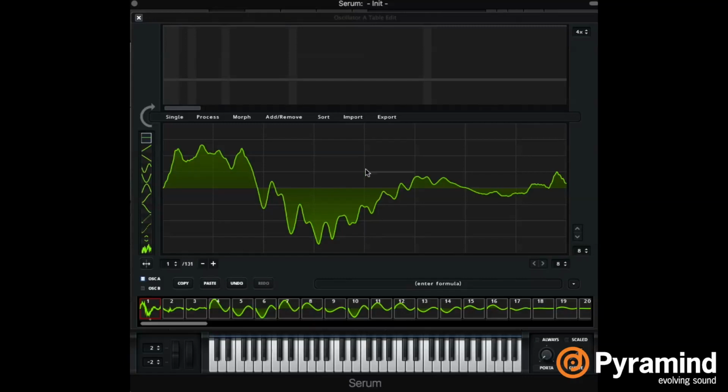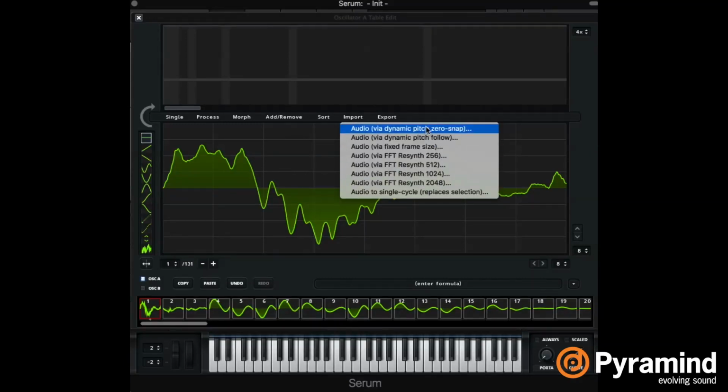But to go back to this for 1 second, this first option says via dynamic pitch zero snap. What that means is that it's going to try to recognize the pitch of the file, and it's going to base its frames on that. So the frames are different lengths if the pitch is different. Both of these